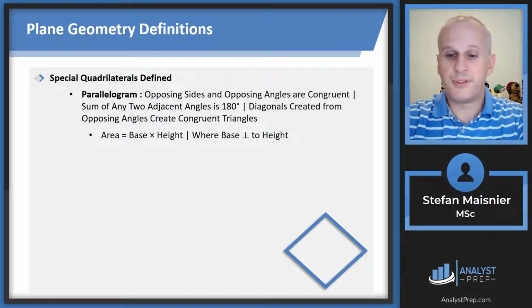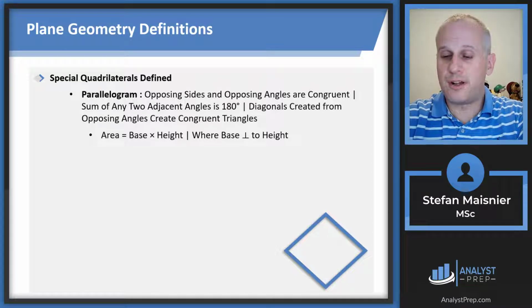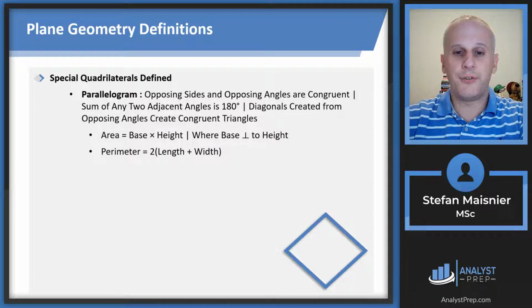Now, the formulas you'll need for a parallelogram: first, the area is going to be just the base times the height, but because a parallelogram does not necessarily have to be perpendicular, you have to make sure that you draw a vertical line that will be perpendicular to whatever you define as your base. We also know that the formula for a parallelogram's perimeter is just going to be 2 times the length plus